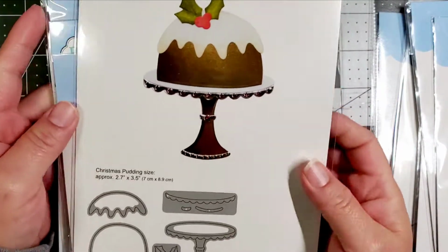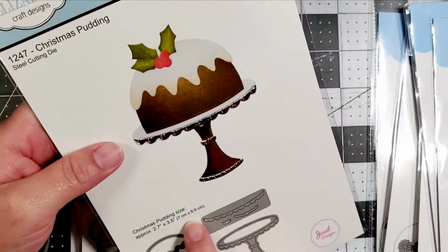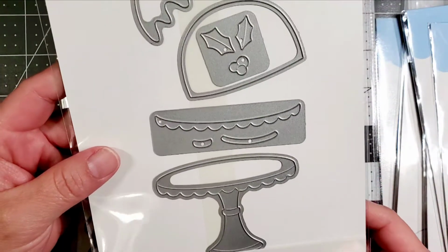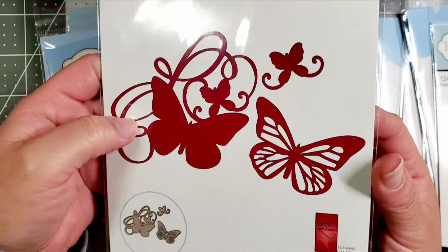My second time around, I had to go get this one. I don't know why I didn't get it the first time. Maybe because it said pudding. I don't know why it says pudding. It's just a piece of cake, actually. So I went ahead and got it this time. So how cute. I got these butterfly ones,